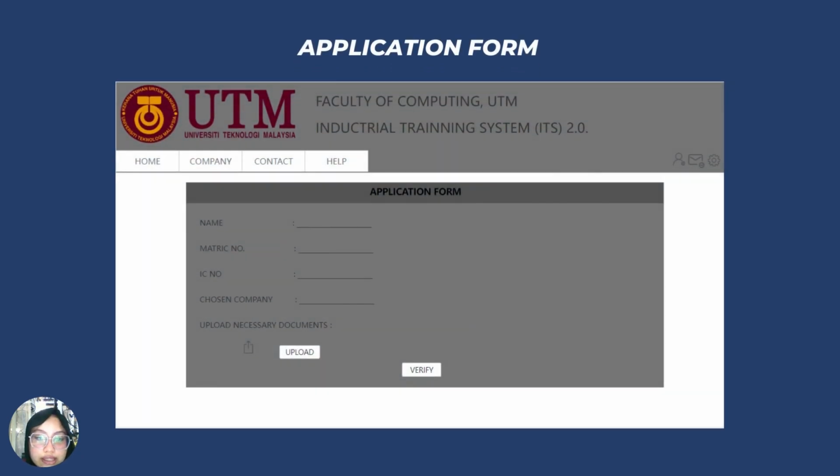So over here is the application form that the student needs to fill in. So we have name, metric number, IC number, chosen company, the company that the student wants to apply for internship, as well as upload necessary document. Necessary documents are documents such as their CGPA records, their yearly records. You will get this document in the AIMS database. So you upload and then you